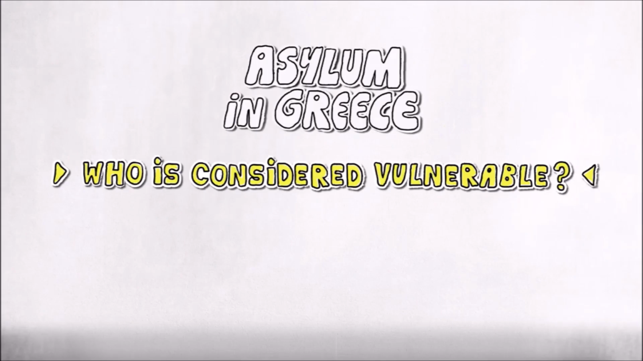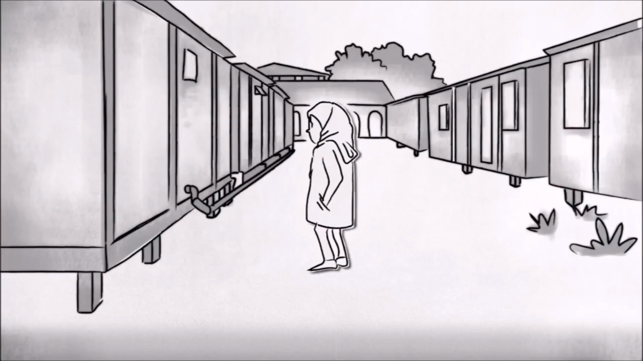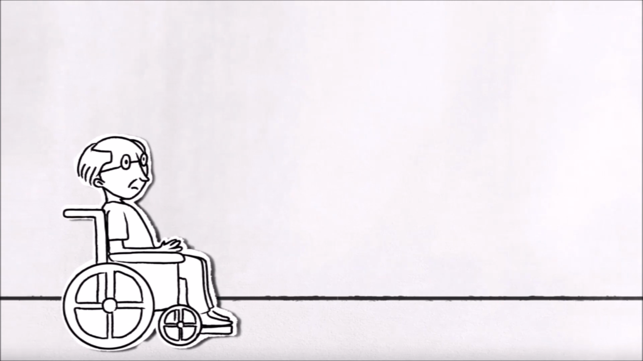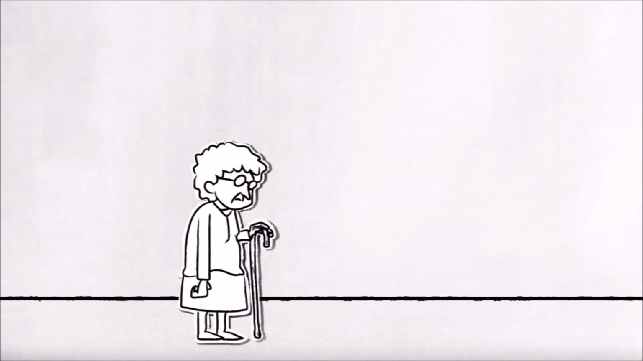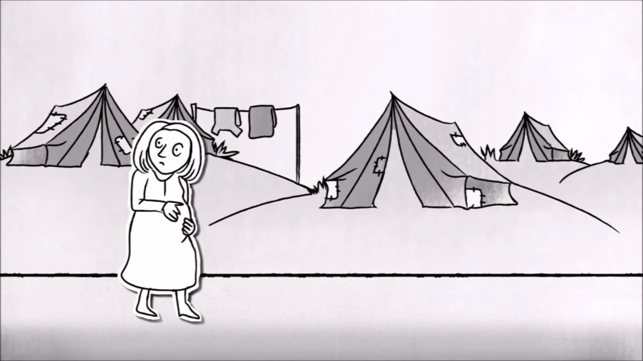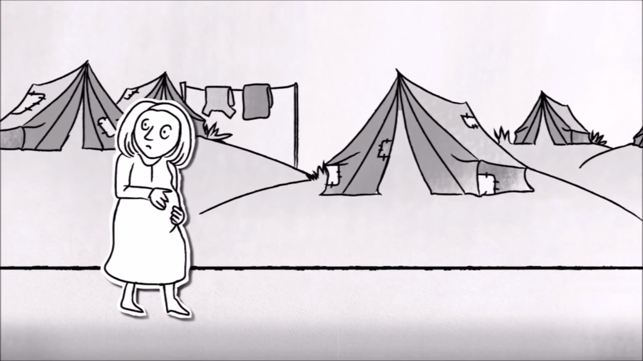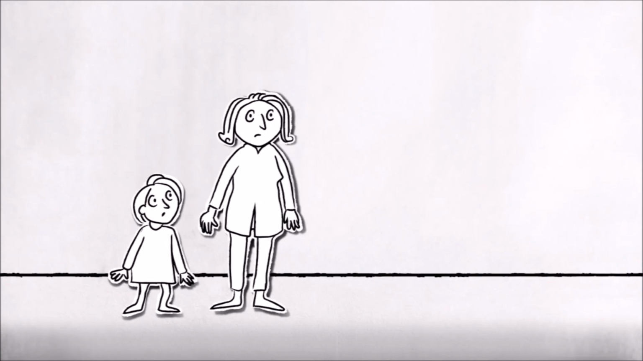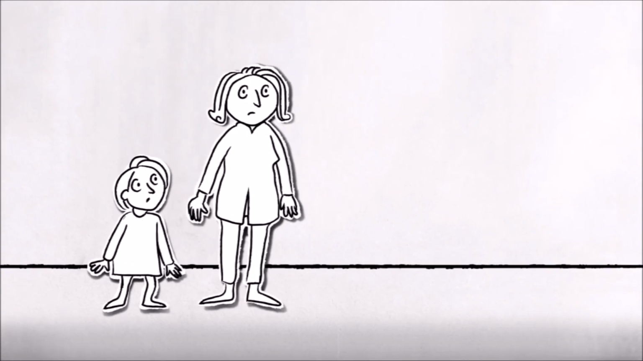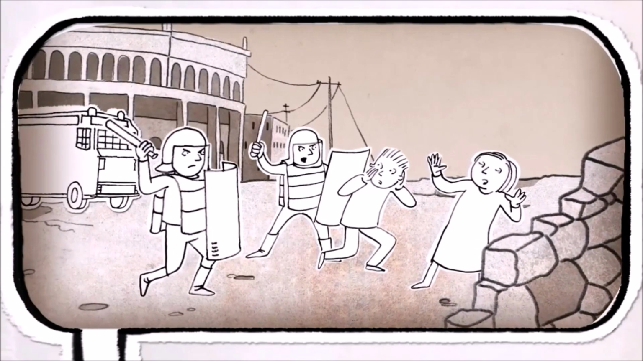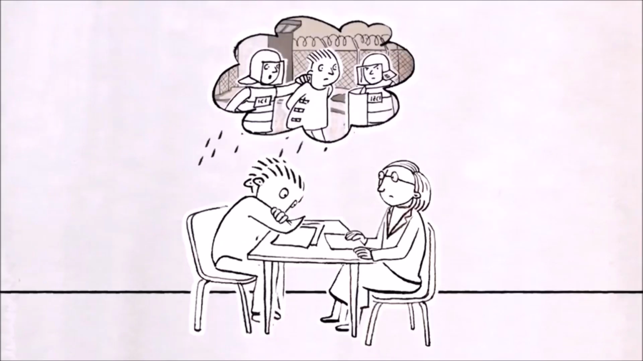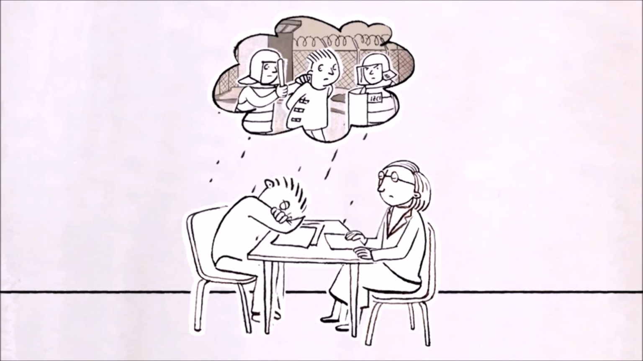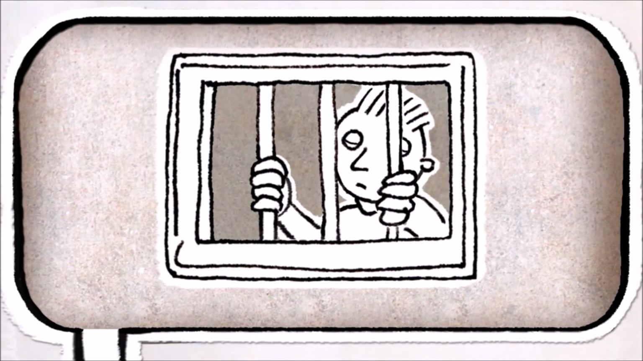Who is considered vulnerable? Unaccompanied minors, handicapped persons, or people suffering an uncured or serious illness, elderly persons over 65, pregnant women or women who have recently given birth in the last 3 months, single-parent families with children under 18 years old, victims of torture, rape, or other kinds of psychological, physical or sexual assault or exploitation, persons with post-traumatic syndromes, especially survivors or relatives of victims of shipwrecks, victims of human slavery or trafficking,